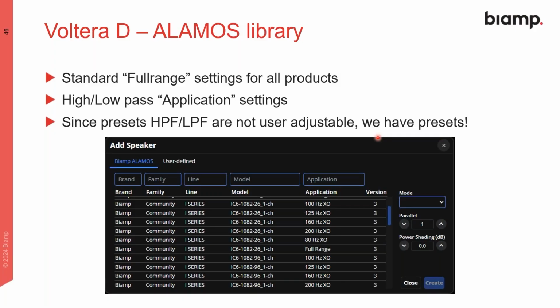Our ALAMOS library. This is something that I didn't really delve too deep into in my last webinar. But when you're adding a speaker, we have the ALAMOS library, and we have our user-defined library. There are different options under the application. So we have brand, family, line, model. And in the application, we have different crossover frequencies, which we've provided for you, high pass and low pass, if